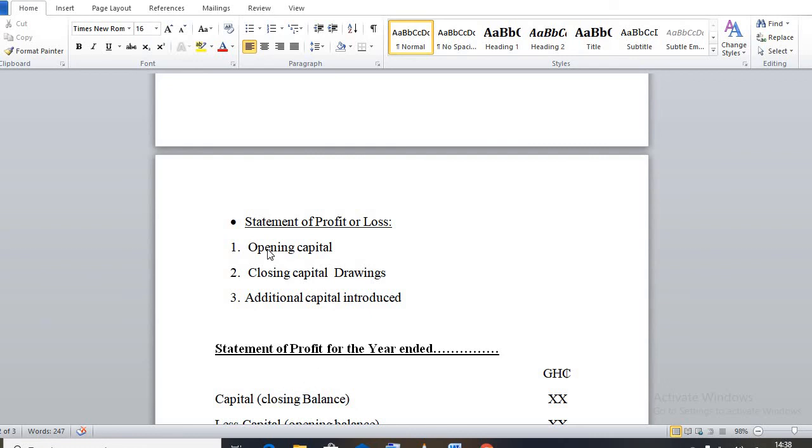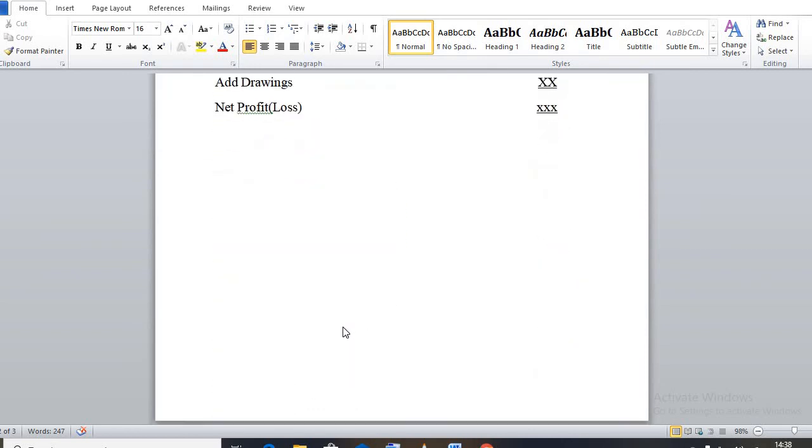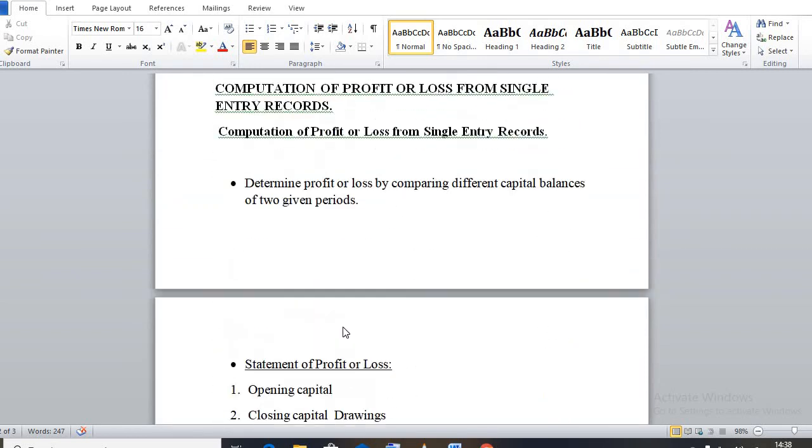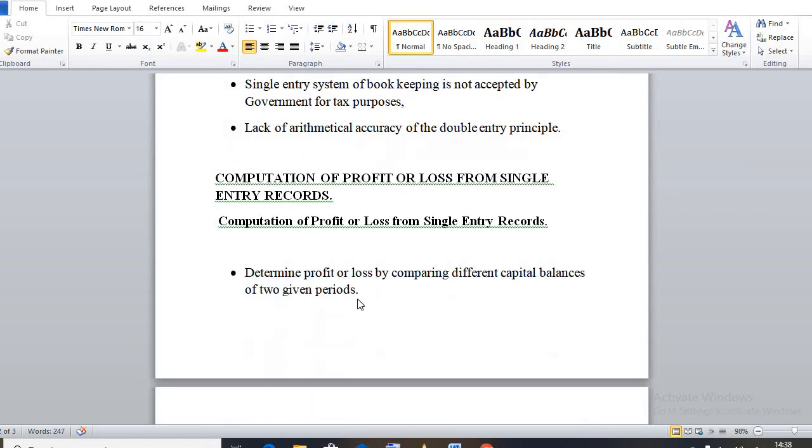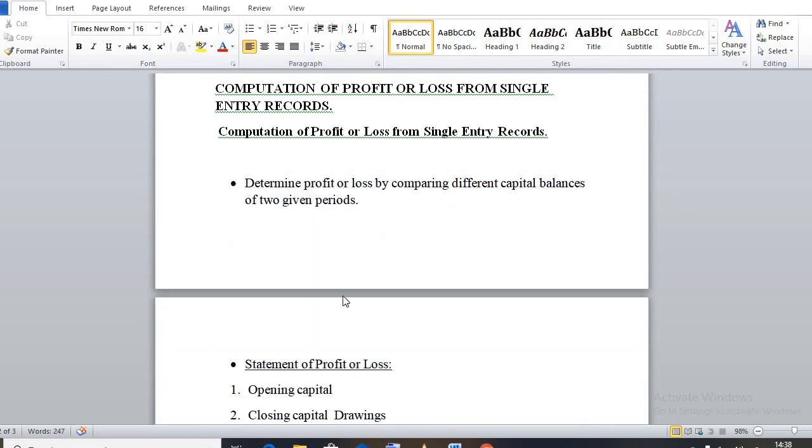In that we are going to see opening capital, closing capital, drawings, and additional capital introduced. These are the elements that you see under that to determine whether we've made a profit or loss. Okay, so we are going to see how we can present a statement of affairs to determine the opening capital and that of the